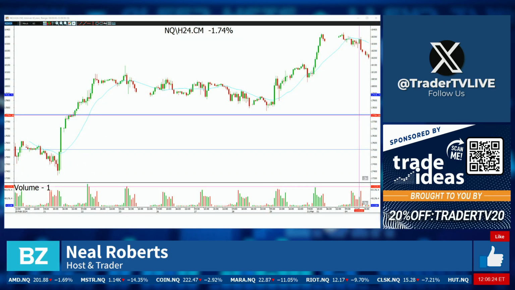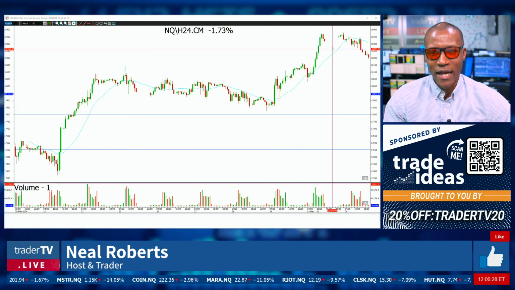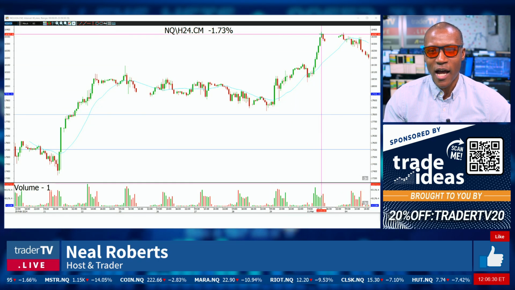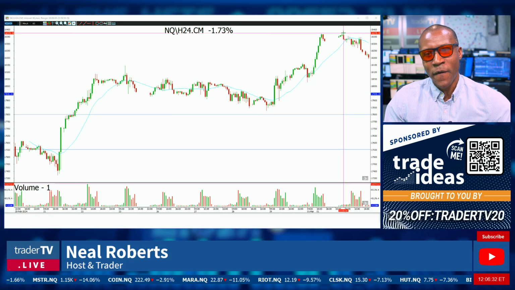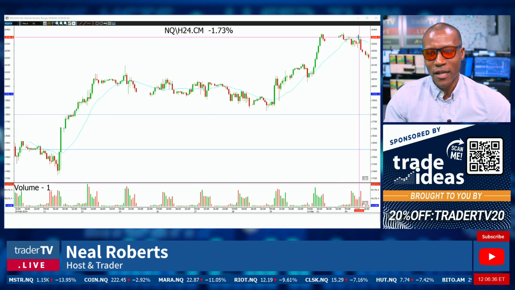I'll give an example here with the NASDAQ overnight, because we're in a bull market. Clearly, as you can tell, in the last couple of days, I've blotted out today. The last couple of days had the NASDAQ pressing higher. And then yesterday, we double topped right at the open and overnight and then made lower highs.